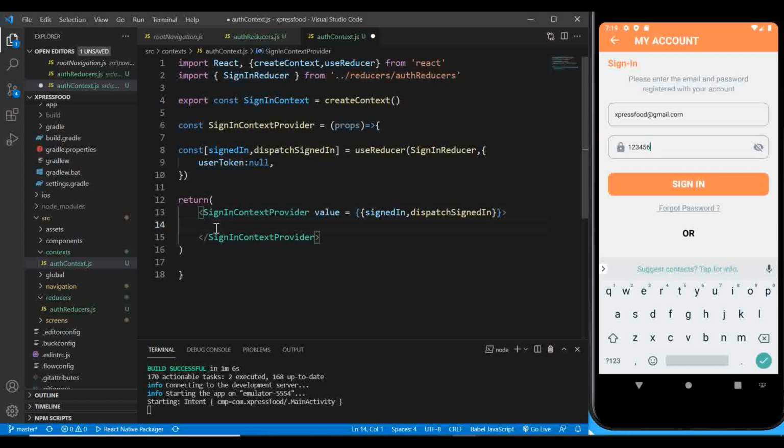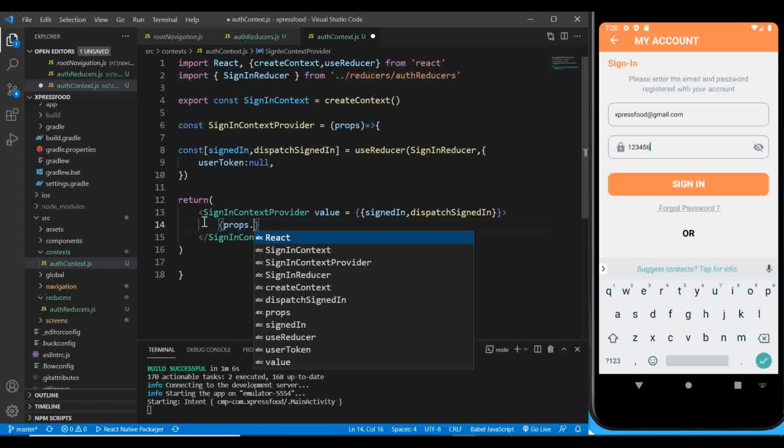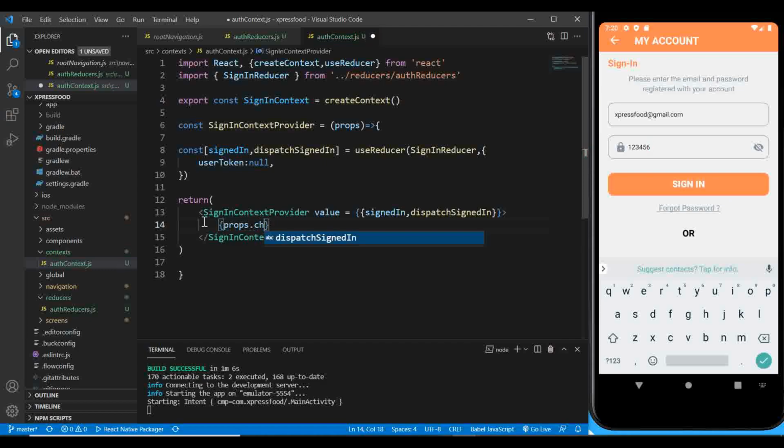And here we can say it should be able to take children, so we simply are going to accept some children. So we say props children, like that. All right,